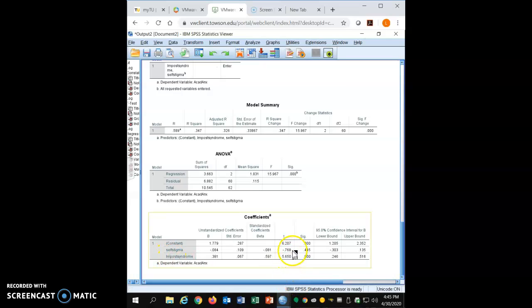And what we have here is self-stigma has a t-value of negative 0.768, clearly not statistically significant, and we get a p-value that exceeds 0.05, so we're pretty sure that that's not associated. On the other hand, imposter syndrome is very strongly associated with academic anxiety. So that's pretty typical. It's what we would expect,